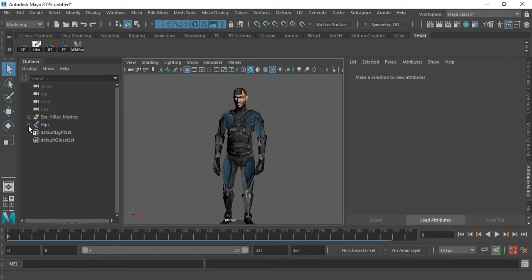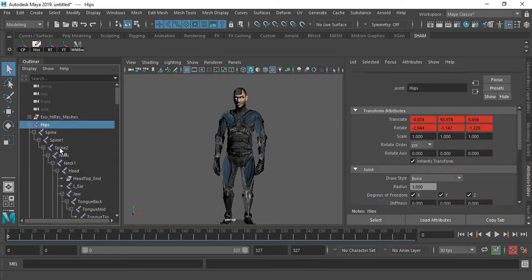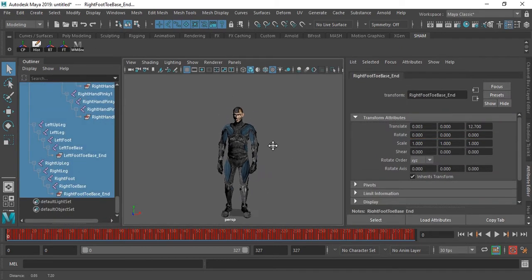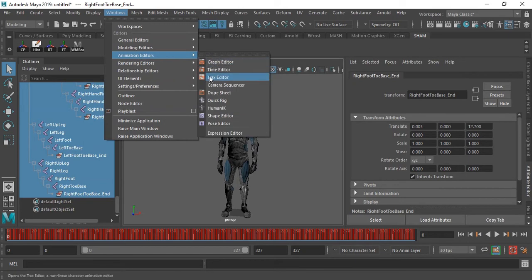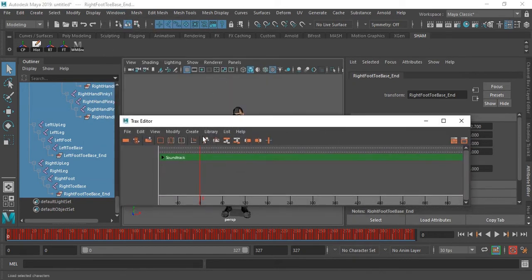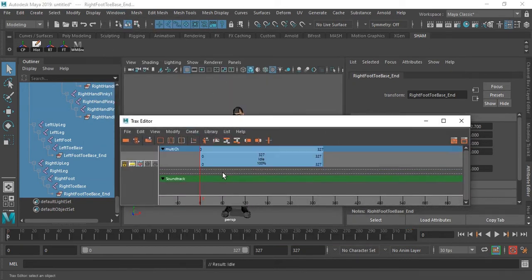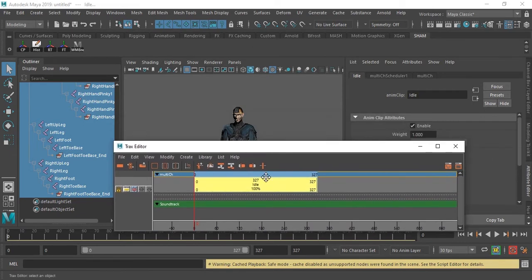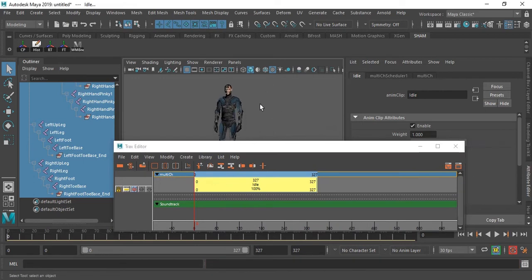Just click on this plus button using your shift key and select all the bones, go to tracks editor and create an animation clip. Now this is an idle animation clip.